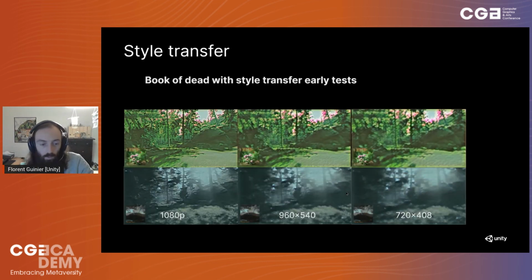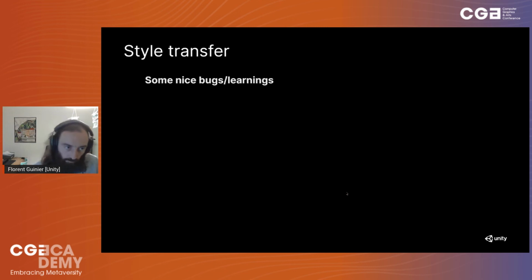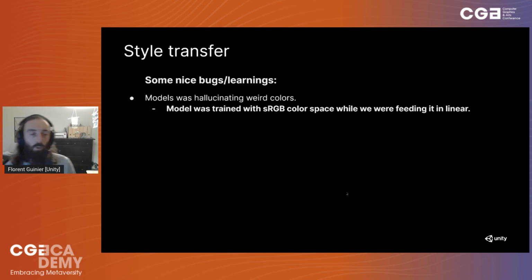But we also knew that it would still be very difficult to get the performance we wanted at 30 FPS. So we looked at reducing the input size, and it actually didn't work, because we wanted something very detailed, and doing that resulted in very blurry detail. I'm going fast here.